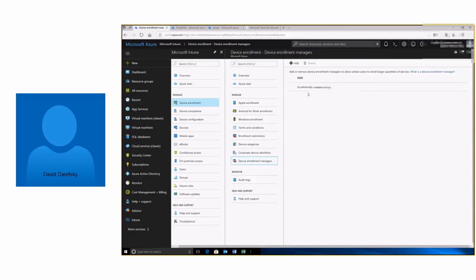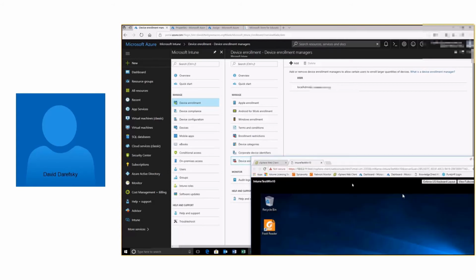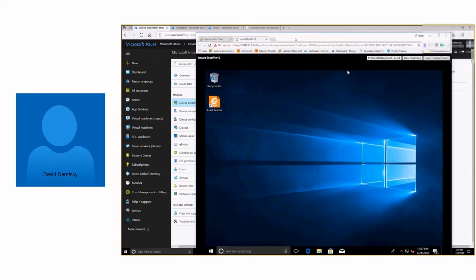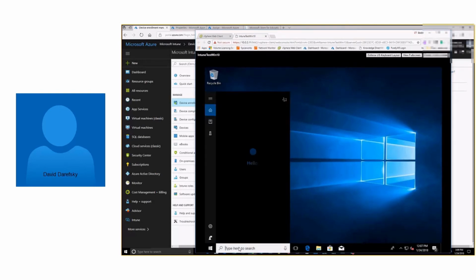So that is, again, a device enrollment manager. After that's established, you would then jump to a computer and enroll that computer into your Intune program. We're not going to talk a lot about this, but this is a step you have to do. And if you go in your search on a Windows 10 machine,